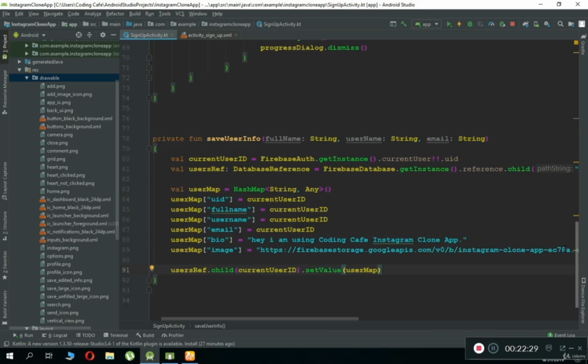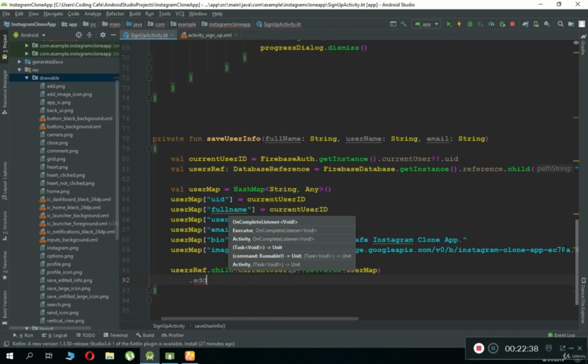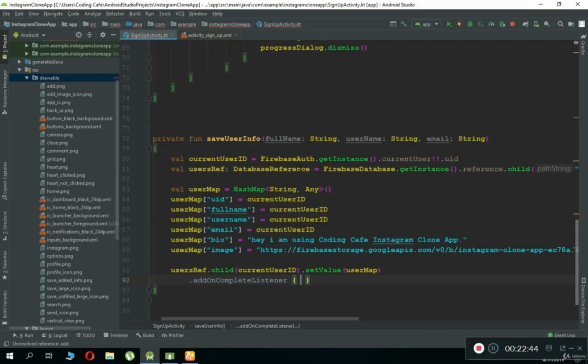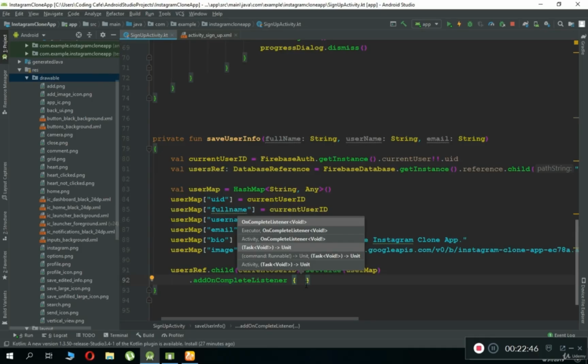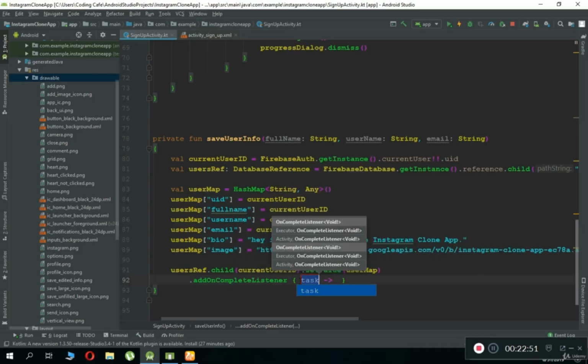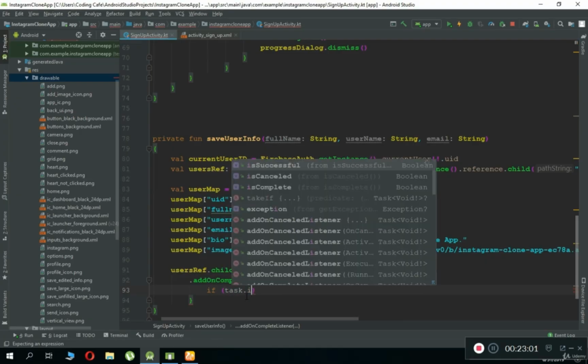Now we have to notify the user whether it is successfully added to the database or not. So you can say add complete listener. If you write add, you can see this second one with the semicolon. Just click on it and it will automatically select this. So task, then let's move this to the next line, and in here you can say if task dot is successful,